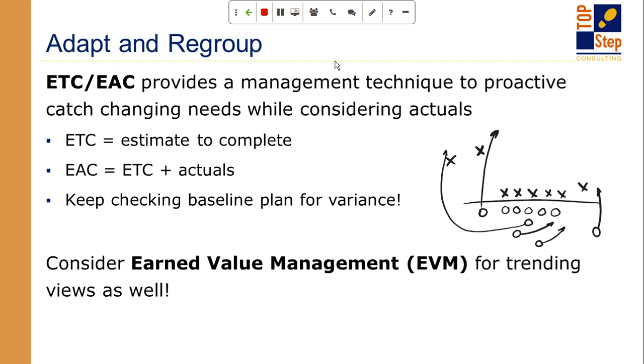So ETC is estimate to complete. That is what is left to deliver. And that can be kind of subjective, honestly, because there are certain things like giving yourself 100 hours of budget. You have spent 40. The ETC is 60 because the estimate to complete is 60. But that's not actually what ETC means. ETC is not necessarily budget remaining. ETC is what will it take to deliver the rest of this project. So in my example of the 100 hours and the 40 hours delivered, 60 hours is what's remaining.